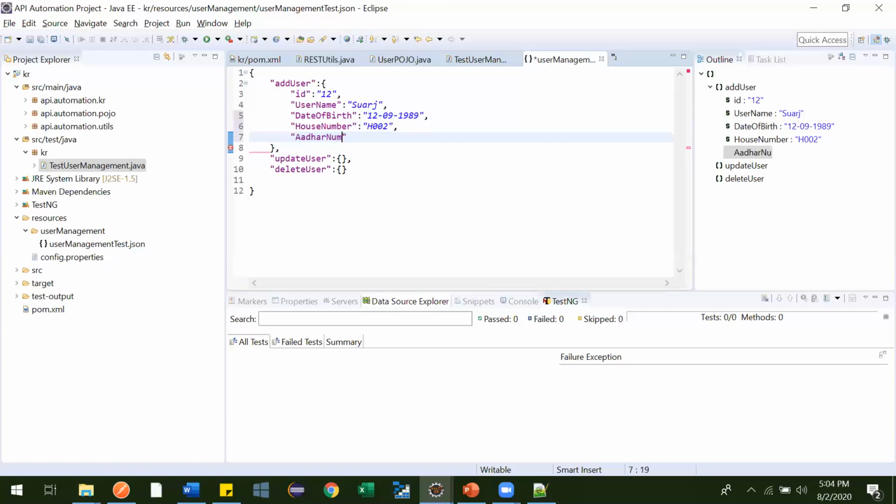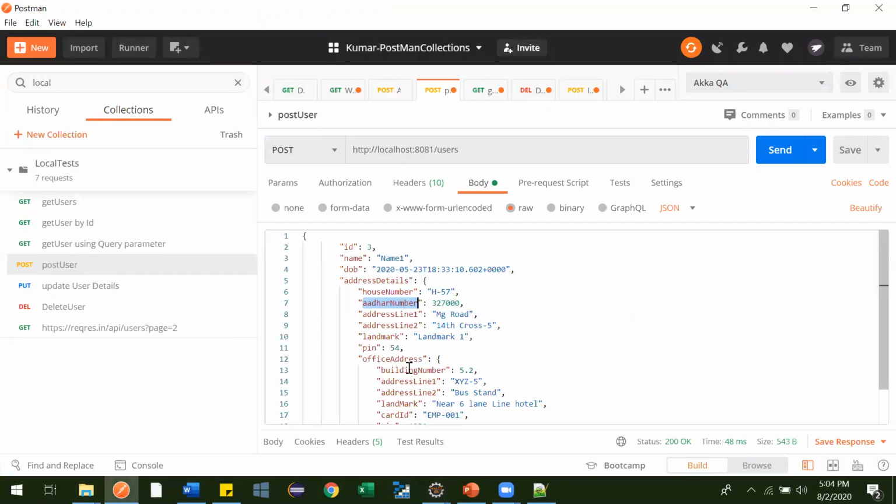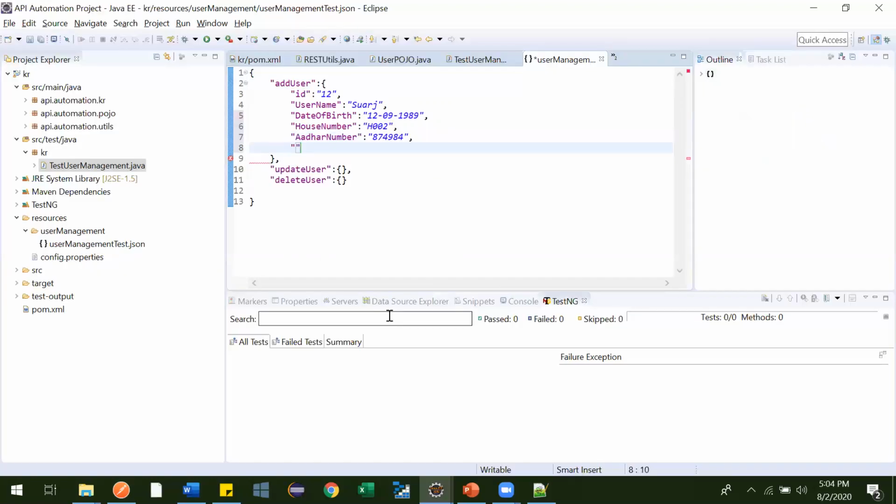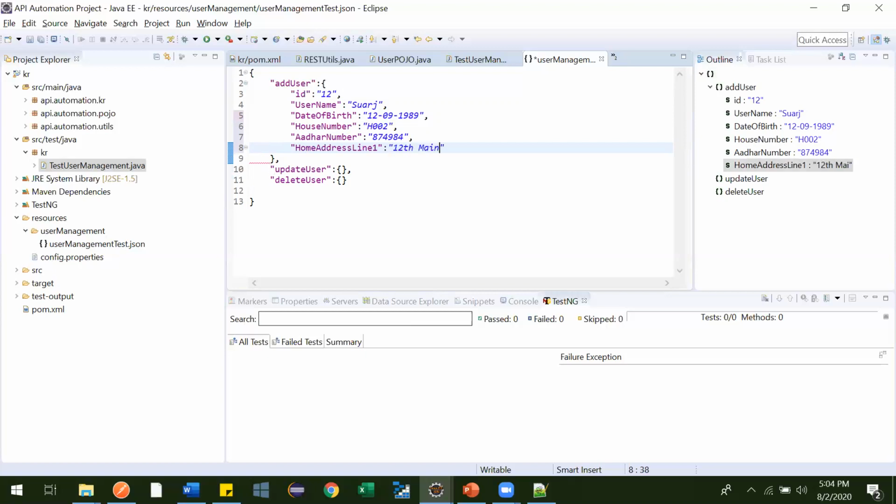Aadhaar number, and this we can give anything. Let's suppose this is what the Aadhaar number is. Then what is the next data it is required? Address line 1. Okay, so home address line 1, and the value we can give 12th main road.